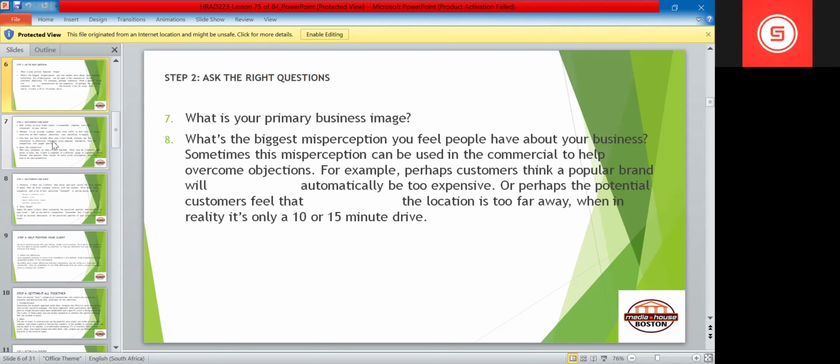For example, perhaps customers think a popular brand will automatically be too expensive, or perhaps potential customers feel that the location is too far away, when in reality it's only a 10 to 15 minute drive. Something that I've seen working with Burger King. The first thing that they said to me, which again I might have mentioned, but it was a long time ago, so it's good enough to mention again,